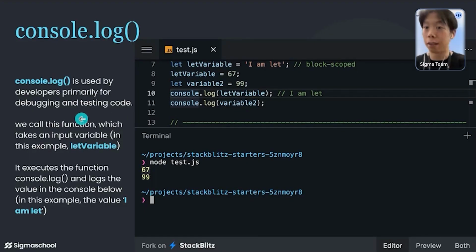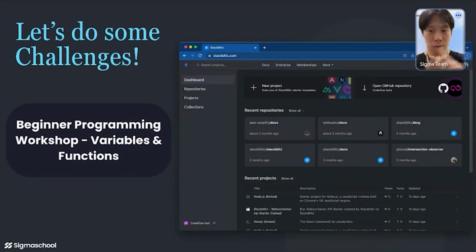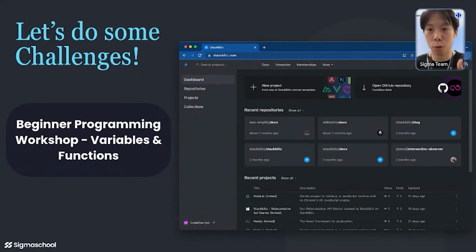So console.log is for debugging. It's good for debugging, and also to know which line of code went wrong, and you'll be able to trace it easier, right? When you execute this function, it logs the value. Does it make sense? Everyone understand? So quick recap: the const keyword means an immutable variable. The let keyword means you can change the variable afterwards, right? Console.log is whenever you want to print an output in the terminal, right? Make sense? If it makes sense, give me a thumbs up or type cool in the chat.